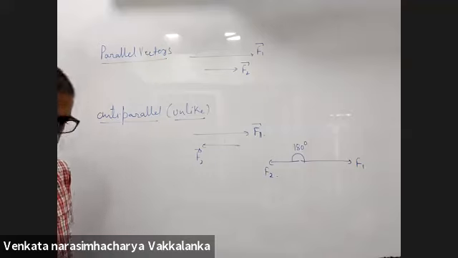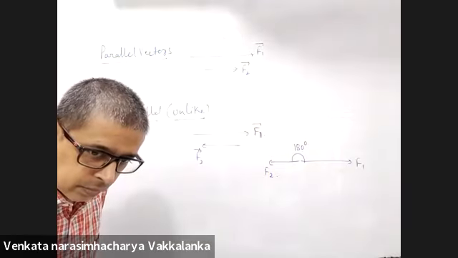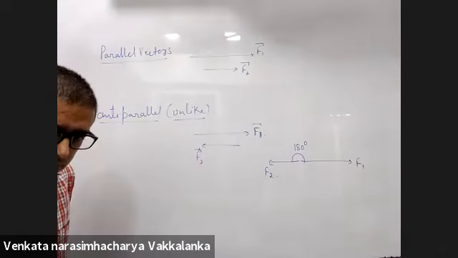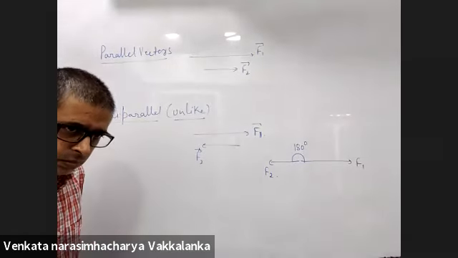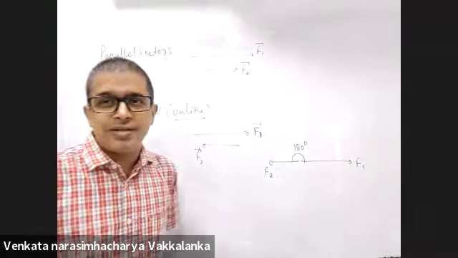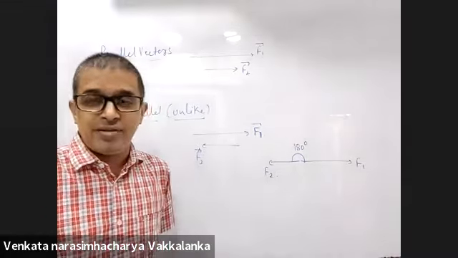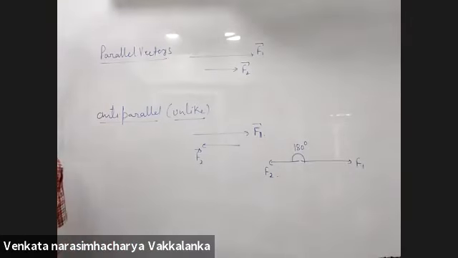Sir, I have a doubt. In case of parallel vectors, one vector is a scalar multiple of the other one, no? I didn't cover scalar multiple, yeah. Why are you running for that? Don't. Wait.